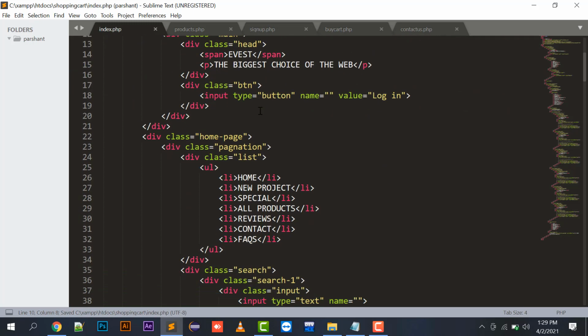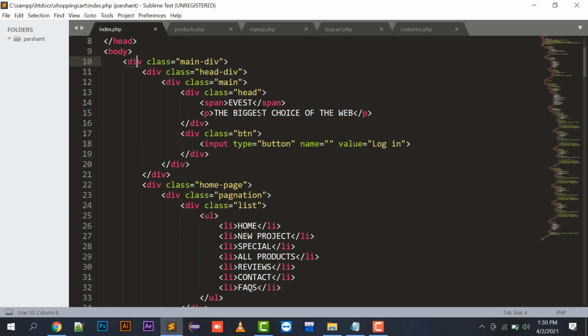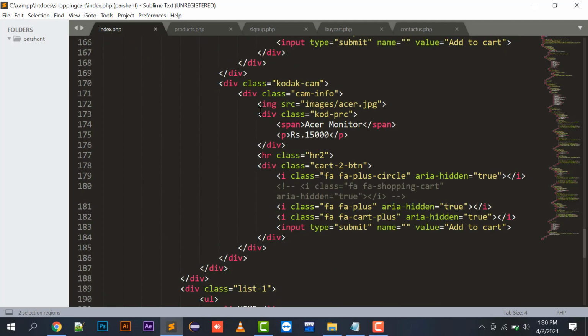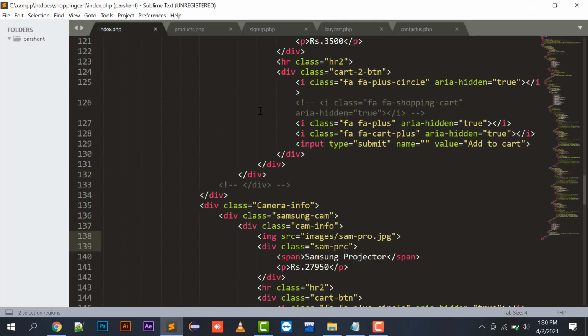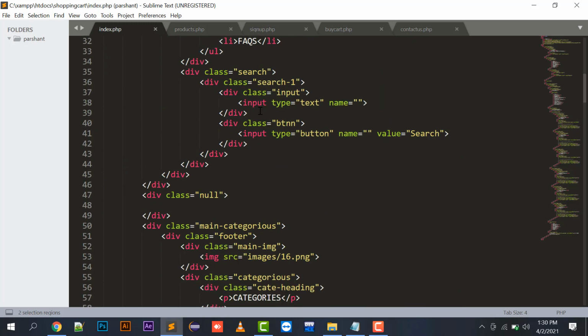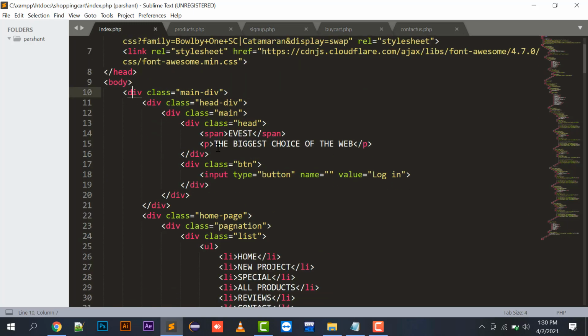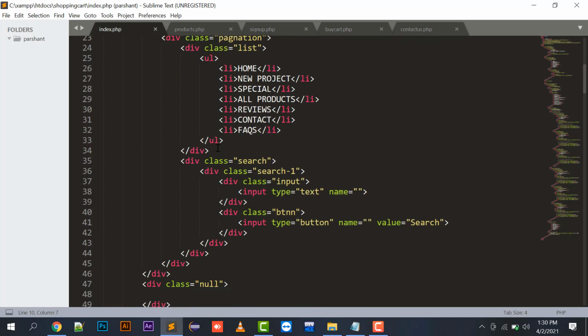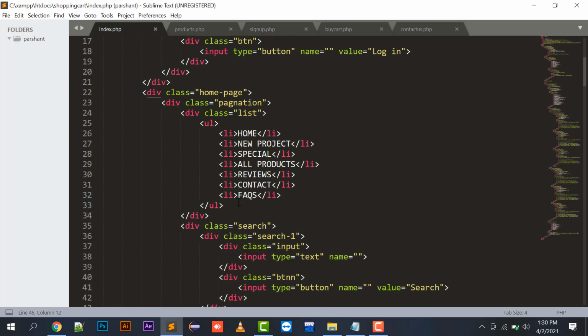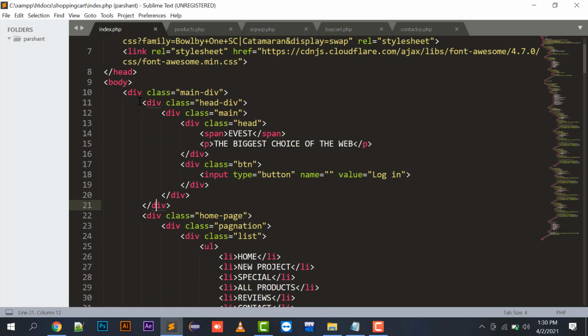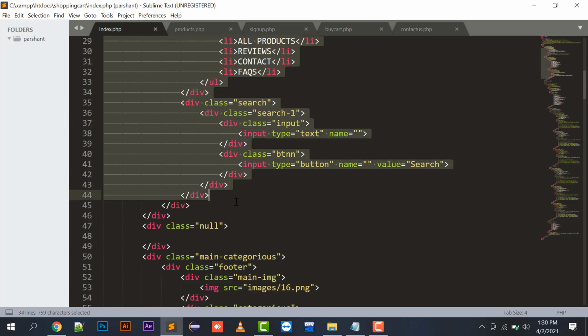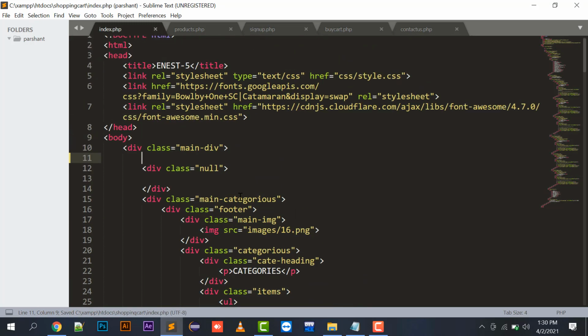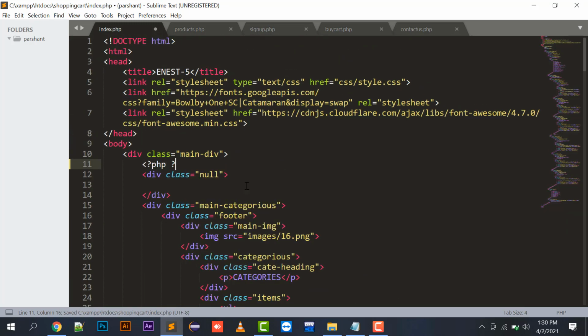See, this is my main division that starts from top to bottom. And if I look at this header part, this is the main division, this is the home page, and this is the head division. So the head division and the home page, I will pick up this portion, cut it, and put a code here as include common header.php, right?